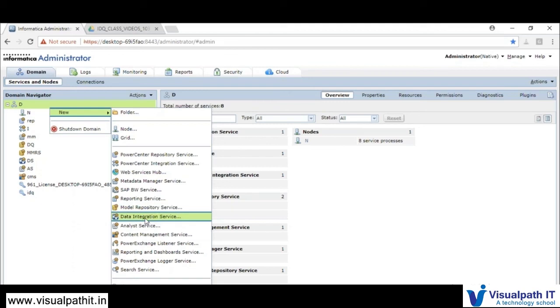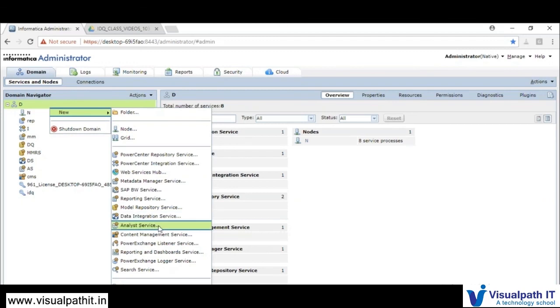And the next service is your data integration service. So what are all the data related jobs that need to be run, like profiling run, data viewer, mapping run, workflow run. For all the data related jobs that need to be triggered, you have to have the data integration service in place. And the next option would be analyst service.